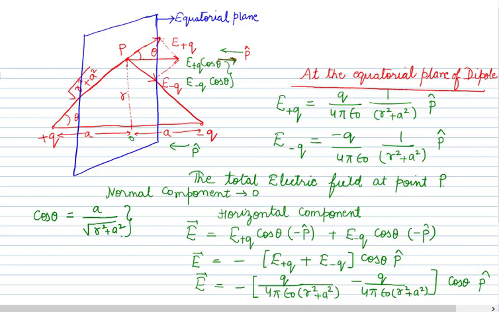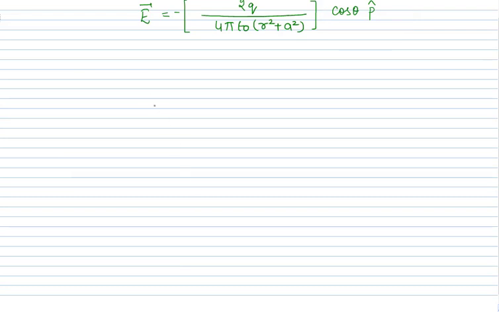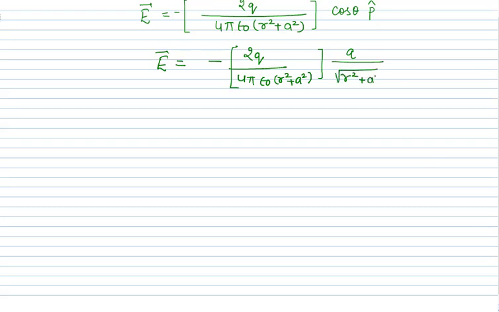Cos theta is equal to a upon under root r square plus a square. So this value of cos theta we will substitute in our expression. This is the expression. So simply we put the value of cos theta. So E is equal to, minus is common, 2q upon 4 pi epsilon naught r square plus a square, and put the value of cos theta. So this cos theta will be equal to a upon under root of r square plus a square, and p cap is the direction. So E is equal to minus